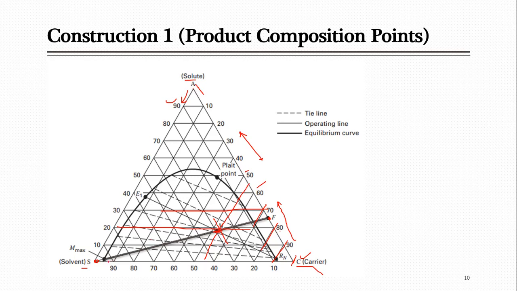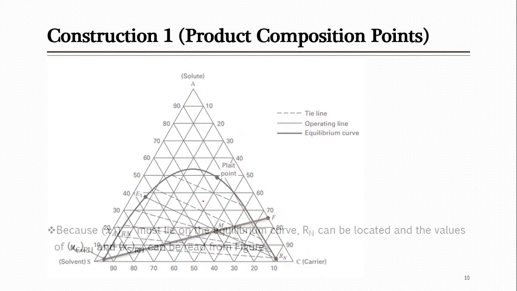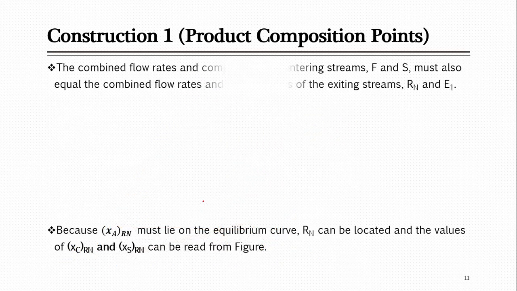Finally, when you have all these 3 points, just draw a straight line which joins these 3 points. Actually we draw a line from S towards F and M will definitely be located on this line automatically. So this was the first objective, to locate the feed, solvent and the M mixing point on your diagram. We have done this. Now let's move forward.